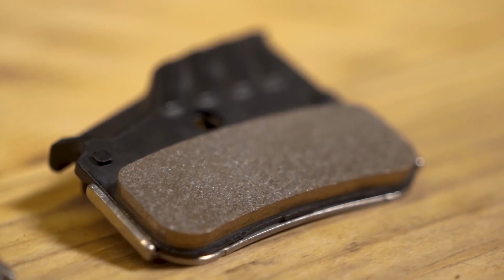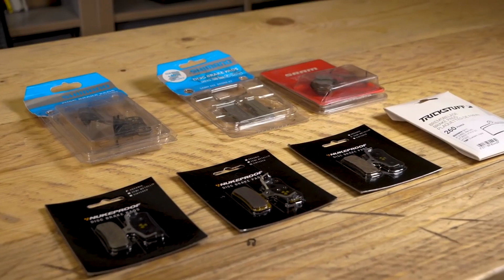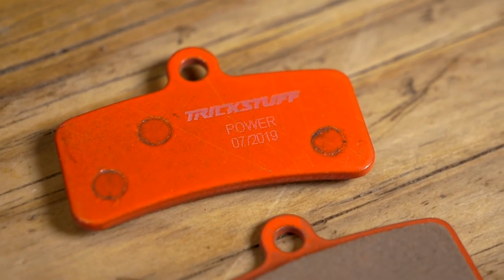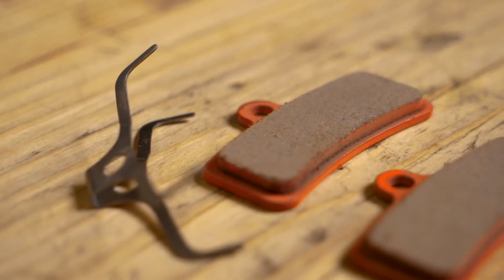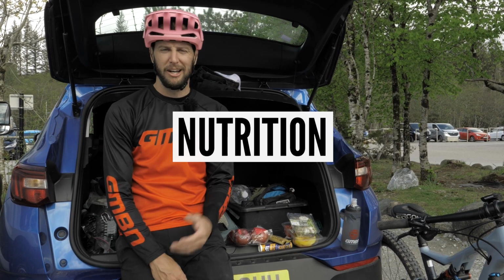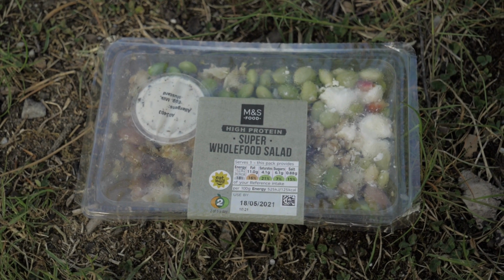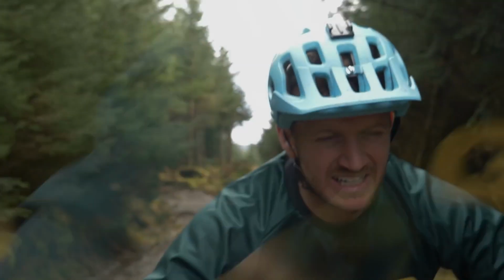Pad compound can also make a huge difference too, so going for something like a sintered or metallic pad can help dissipate and handle the heat going through it better and still retain its bite. Those big days riding require a lot of fueling, and not just before and after. Becoming dehydrated or riding on an empty stomach quickly sends you into the red, and that is definitely not a